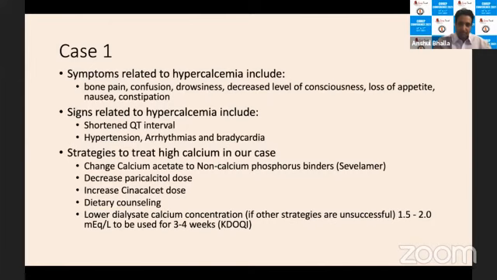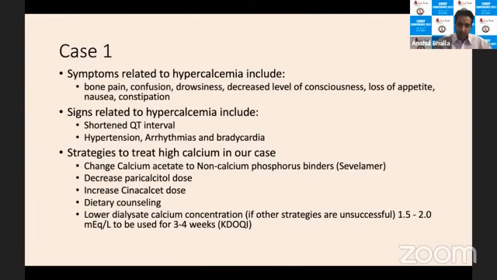What are the symptoms due to hypercalcemia? Hypercalcemia symptoms can be bone pain, confusion, drowsiness, decreased level of consciousness, loss of appetite, nausea, constipation. And signs may include a short QT interval on EKG,